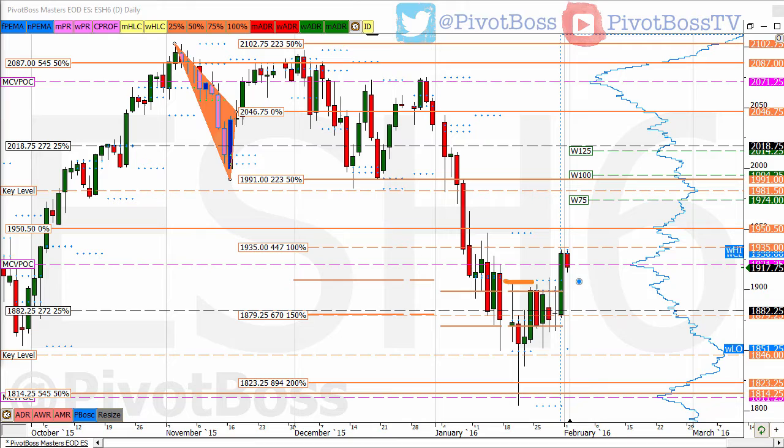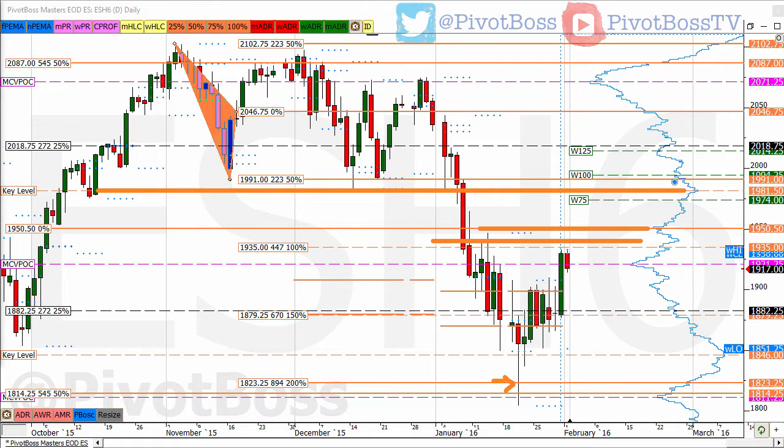And now, given that we have pushed through the top side of this narrow range here, it's going to be very important for bulls to defend a pullback to the top of that range, call it between 1900 and 1905s, for a shot at seeing a continuation into the next highest targets. We have 2039, obviously, which was our original target once this day printed. So 21 and 29 were the two targets. We've reached one of those. The next one up is going to be 1950 half with a shot to retest the major 1981 half CLVN